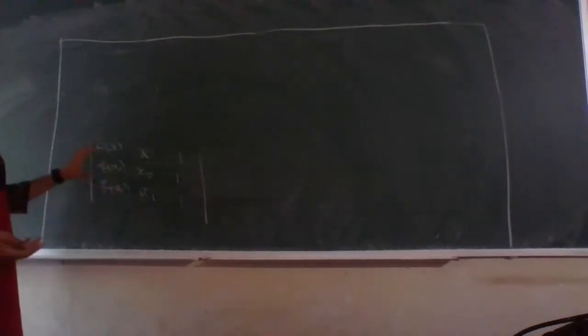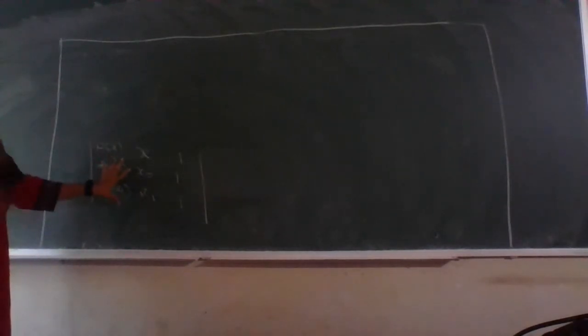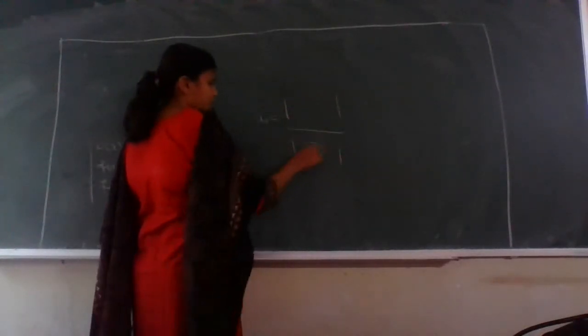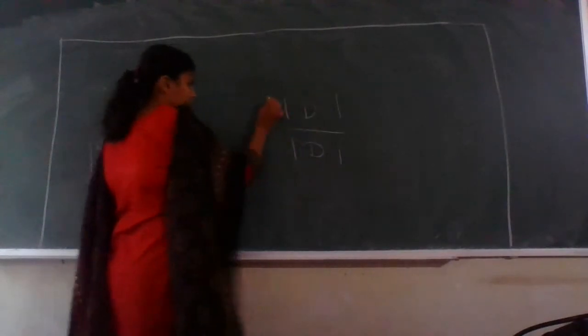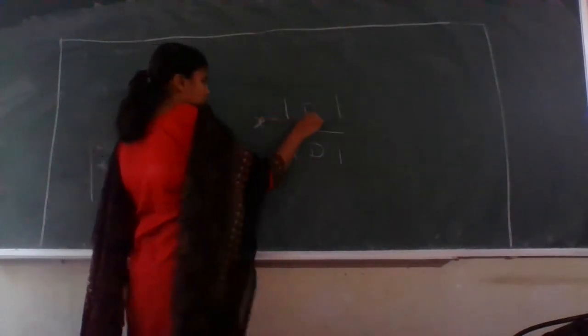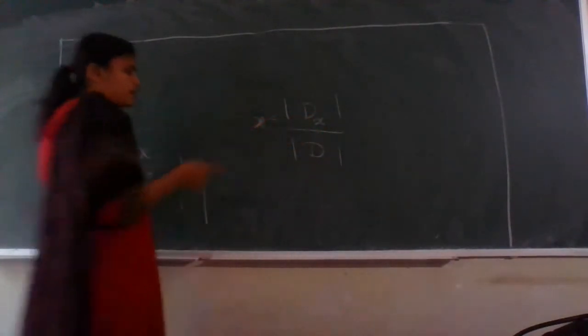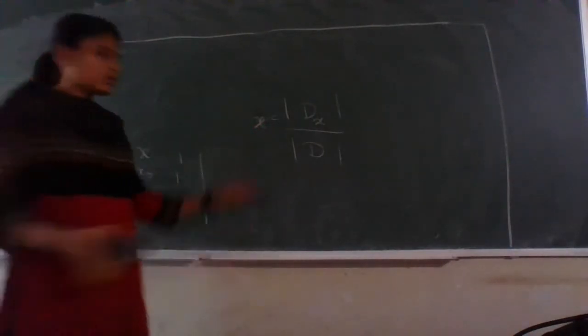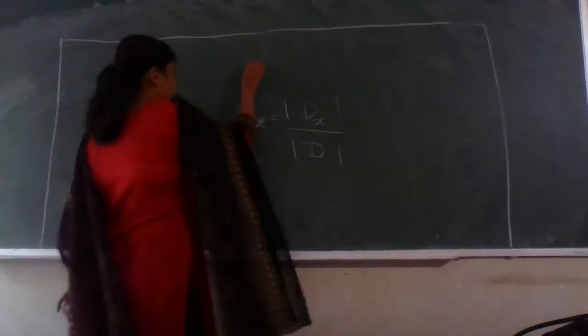Why have we written this in terms of these? Because we want to find out the values of a0 and a1. Those who remember, we have used Cramer's rule. Those who remember that we have solved the examples in the 10th standard. If you want to find out the values of a0, then you write the corresponding matrix P. Suppose you want to find out the value of x, then you write a determinant dx and divide by the determinant d. Then you can get the value of x.